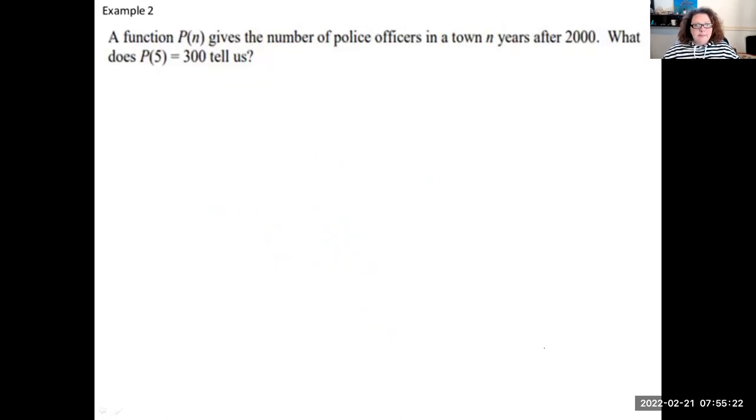All right. A function P of N gives the number of police officers. So police officers is just being abbreviated to P. So the number of police officers, and I can just go off of what they're saying here, in a town in years after 2000, well, that's just a definition. What does P of 5 equal 300 tell us? Well, they already told us P is the number of police officers. So the number of police officers,